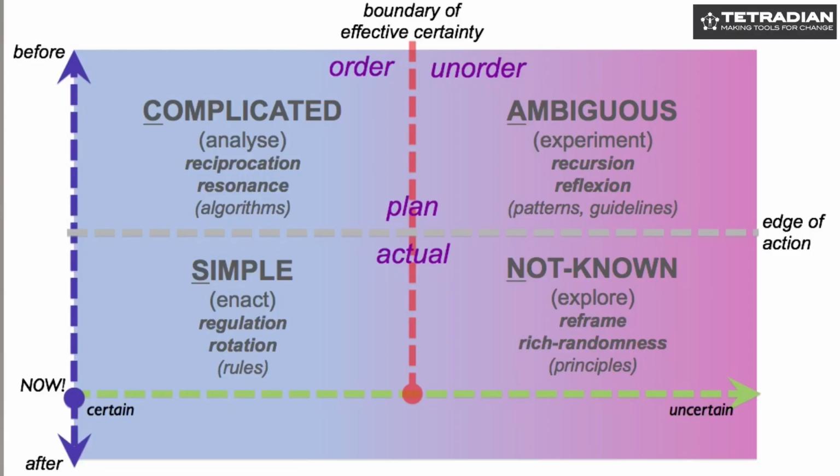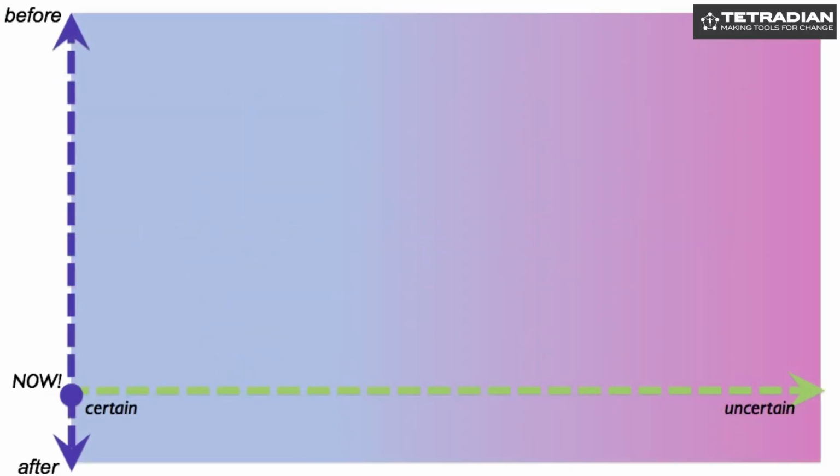In the previous video on Scan, we looked at how the whole thing works, how all the different parts work together, how it's built from really a very simple relationship between time and complexity or uncertainty. What I want to do this time is to simplify it right down to just those two elements: the time before and after something happens, and the level of uncertainty and what we can do about that uncertainty.